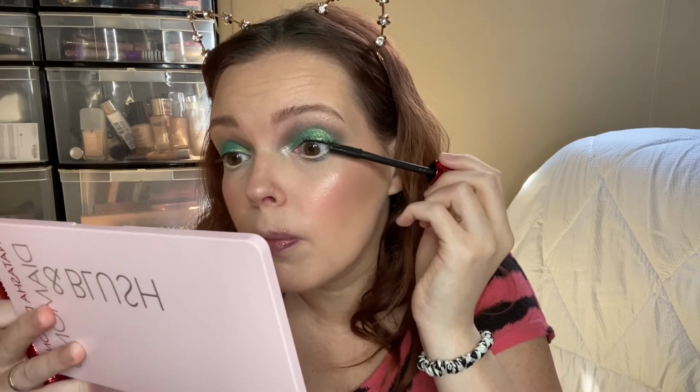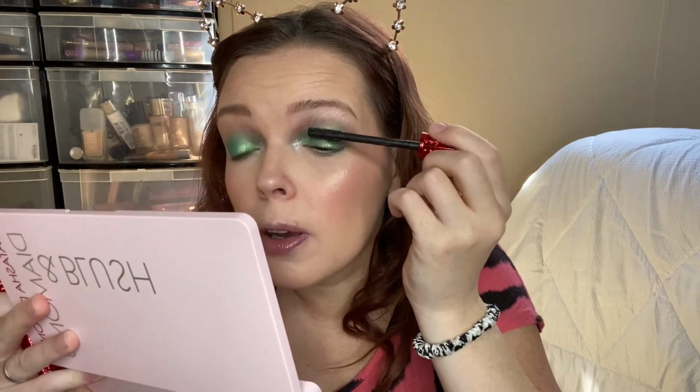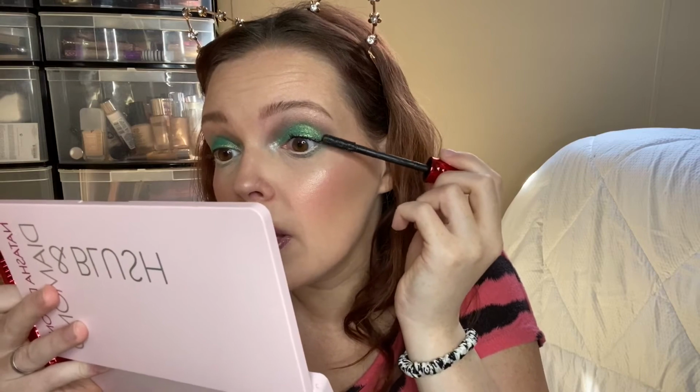What mascara do you guys like? I do like the Lash Princess stuff. I've talked about that before, from Essence. That one is really, really good. I still have that in my collection. I use it all the time. I do like the Tom Ford Emotion Proof as well, but it can get a bit clumpy, and that one's